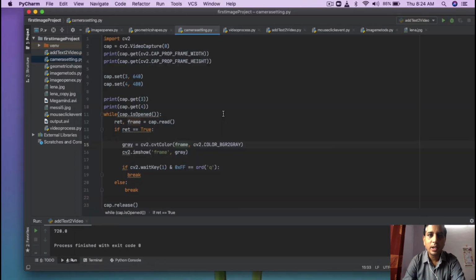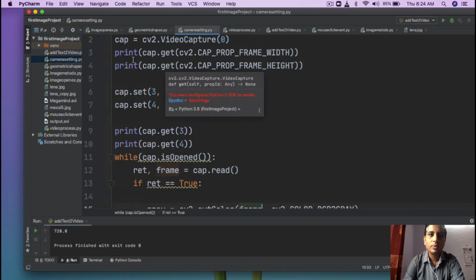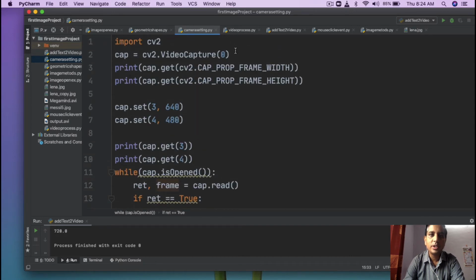Next one is how to set the different properties of your video. These three lines are the same as what you included in your last program, that is cv2.VideoCapture(0). We are capturing from the basic camera, and we are getting the different properties like width and height.